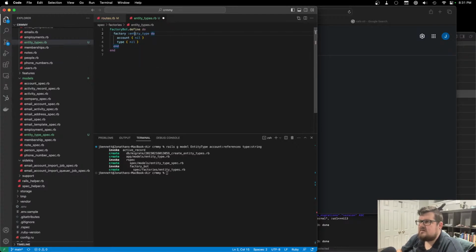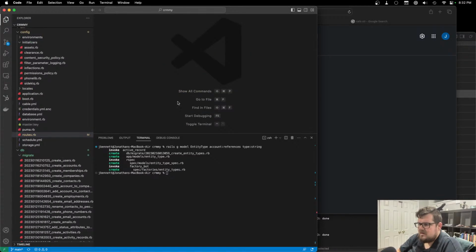This one here will say nil, and we're gonna have a sequence for the name, and this is just gonna be type n for now. Okay. So we will have our entity types. That's going to be associated with account. So that's good. And we will need Rails